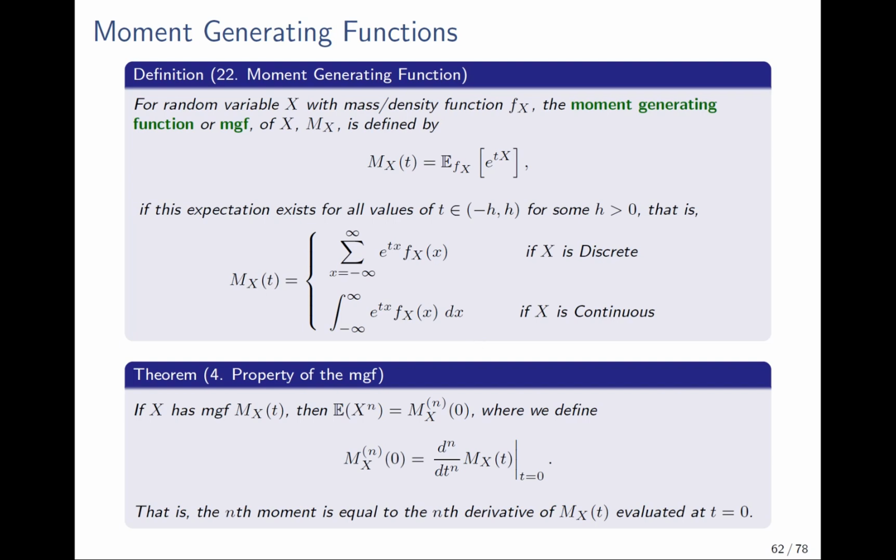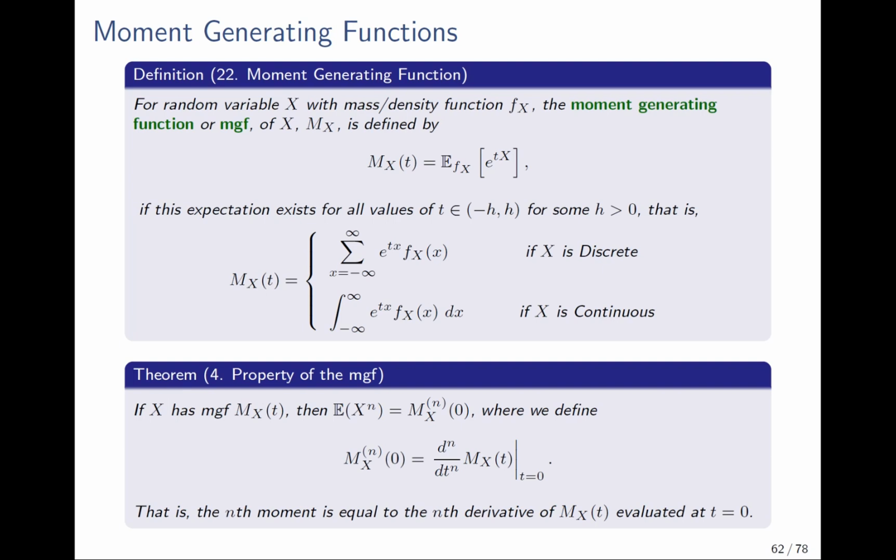Now, in terms of moments, the MGF has a property that the nth moment of random variable x is equal to the nth derivative of the moment generating function when we evaluate it at t equals 0. And if you just play around with these quantities, you'll be able to prove that yourself. We don't need to go through the proof here, it's not so important. I just want you to know that it is